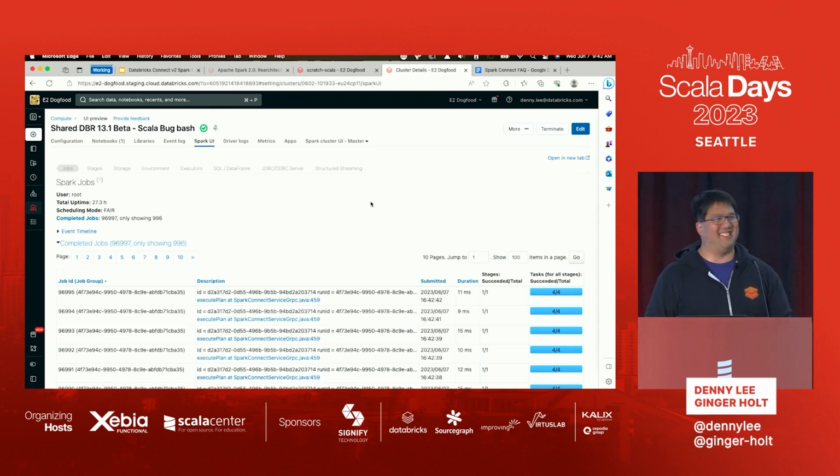So the illegal reflective stuff with Java 11, doesn't that become errors with Java 17? Because I think I tried and it just doesn't work. This is a great question. Long story short, I should have compiled this code on Java 8. That's why you're seeing the illegal reflections. I'm right now compiling with Java 11 because I'm trying to fix it for Java 11. We're not on Java 17 yet, so we still need to work on that, yes.